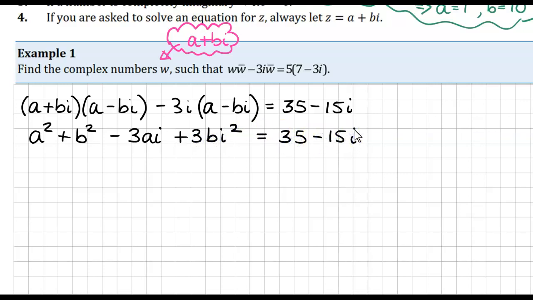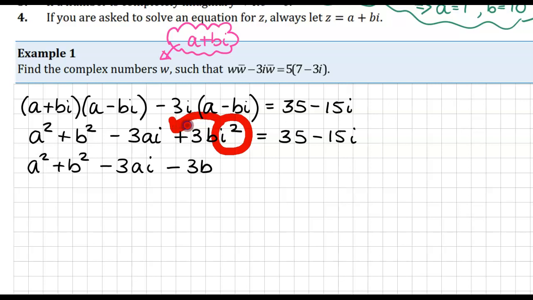Now the next thing we do is make sure to get rid of any i squareds and put them equal to minus 1. Okay, so this line was skipped in the notes, so we'll just go to the next line that's in the notes. It says a squared plus b squared minus 3ai minus 3b, after converting that i squared into a minus 1, which makes that positive become a negative,